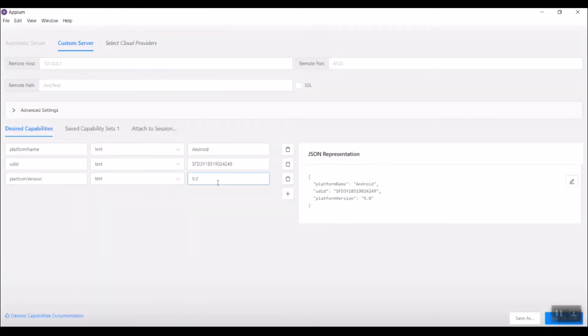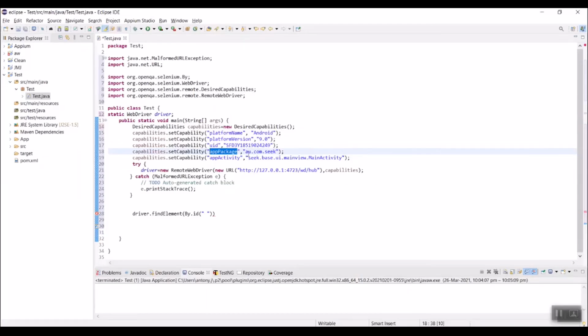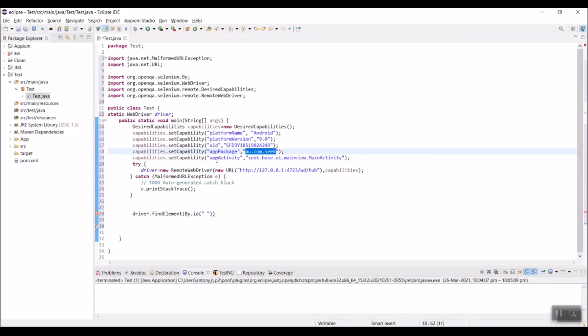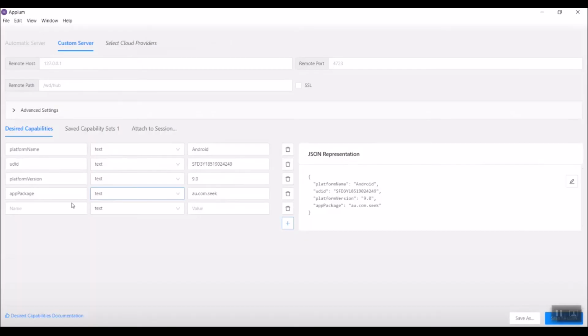So here, before that, we need to do a few configurations so that this server will point to our app package. Then we need to give the value there. It's very simple. Paste it here. Then one more value we need to pass is the app also. Let's copy this key